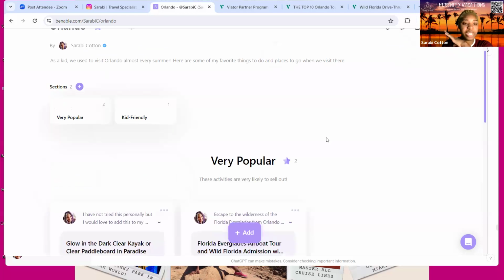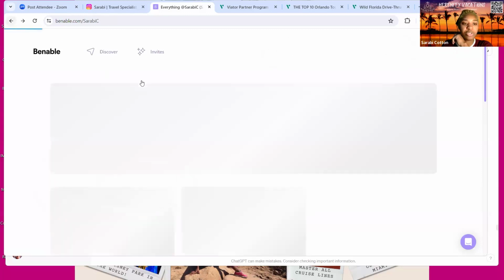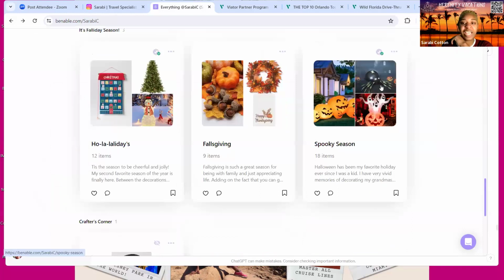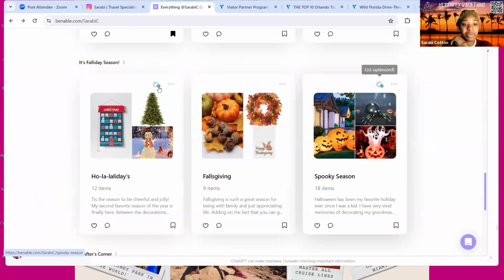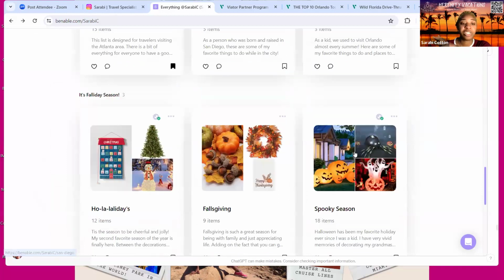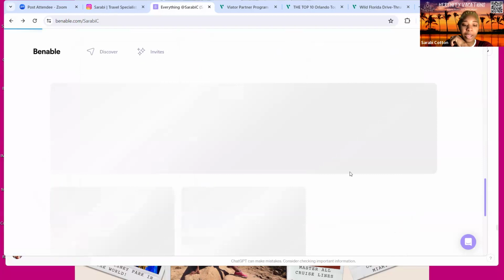And I am going to build up on this one in just a second and show you how I use this for marketing and things like that. But let me go to my more optimal list here. Let's say the spooky season, okay? You can see it has a green check mark and this one has a green check mark. That means these are both optimized and that they push these lists out further to everybody else because of how optimized they are. So I'll show you why.